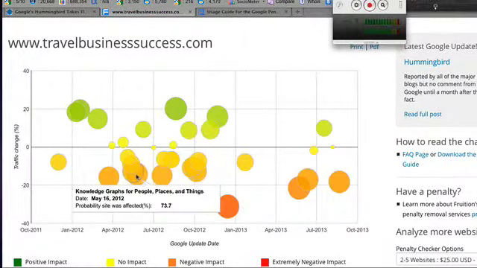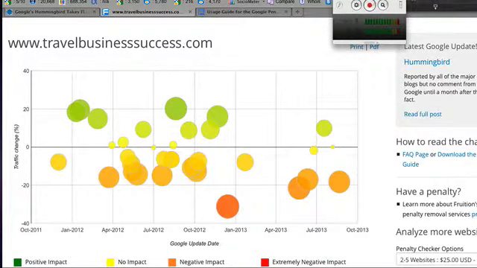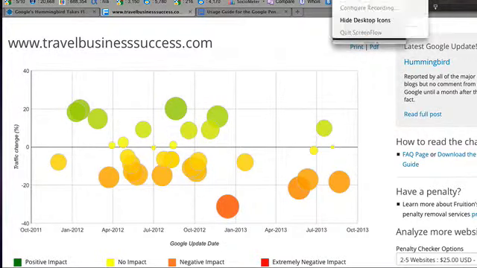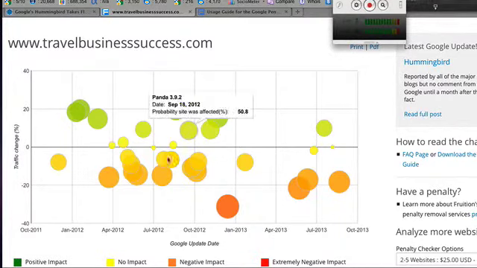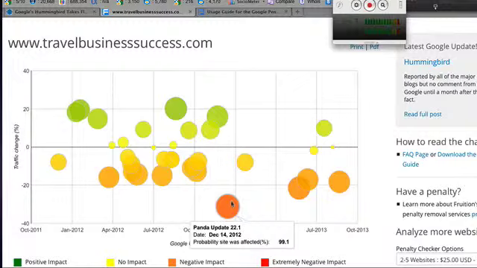Where is this? Because there are multiple Panda updates that I could find. Where do we start? I always start at the biggest. Which one impacted you the most? Let's get the biggest bang for the buck on the work we put into it. And you were definitely impacted by the December 14th, 2012 Panda update.